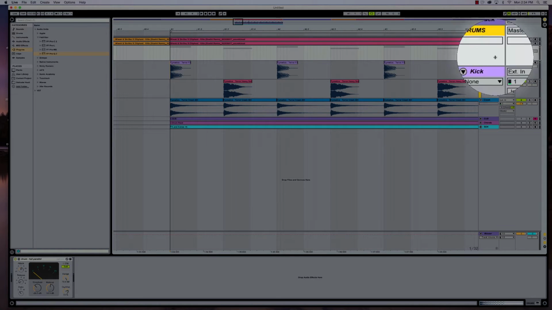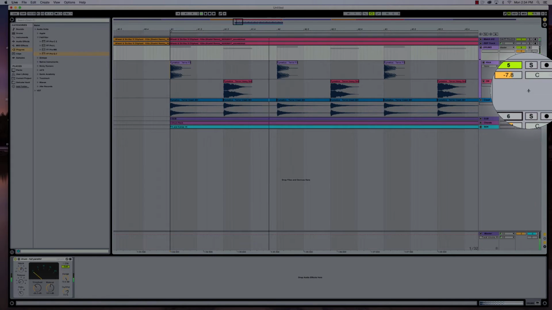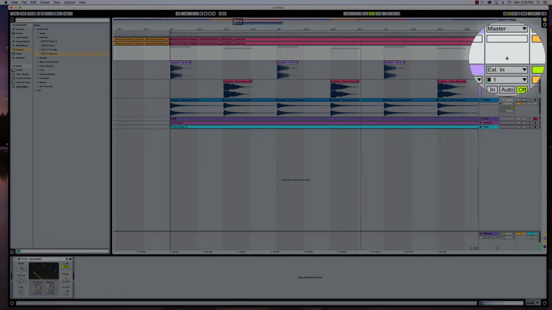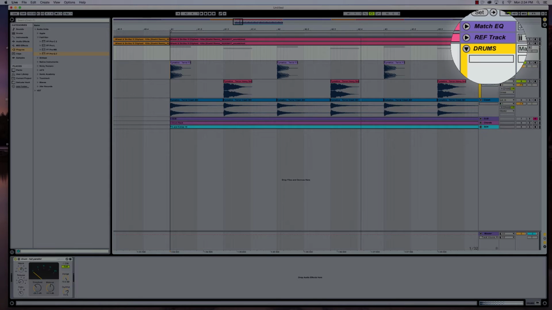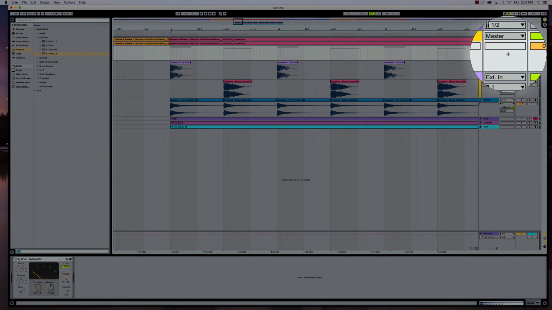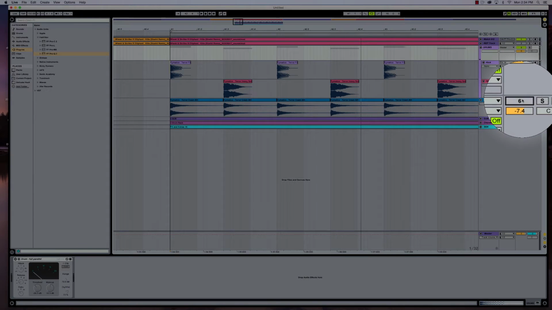What's incredible about Ableton Live is that you can also add some processing on the groups. So in this case, if I just keep the kick and snare, I'm applying parallel compression. By the way, this is a stock setting for the glue compressor in Ableton Live. It really tames the sound and makes all the drum sounds gel together. So if we listen to the drum track without the parallel compression,